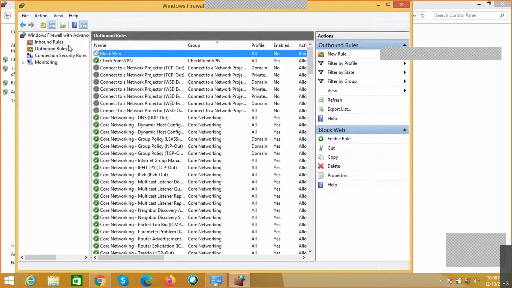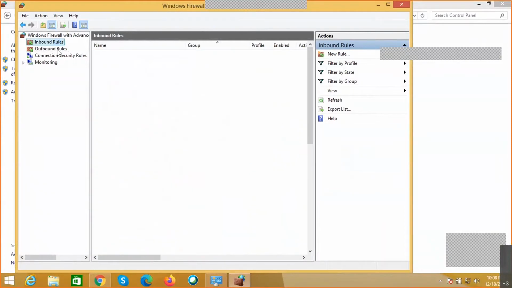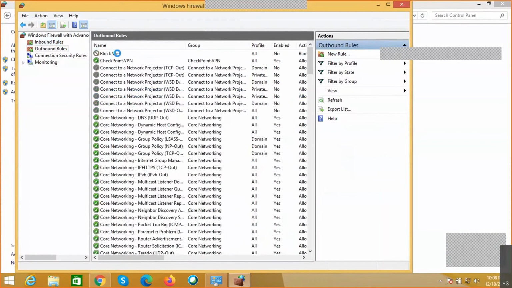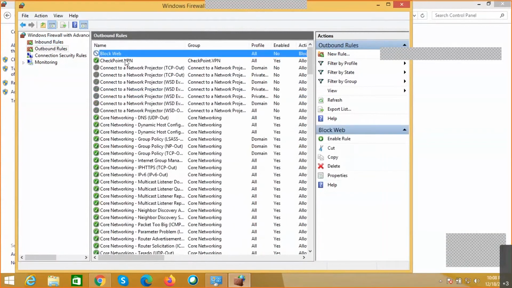So this is what we are trying to say, that for this kind of rules we need to check carefully, because this is the first rule that I have written. As this is the first rule in the firewall, it checks the rules in that preference manner. Now it is the first rule to block that entire web, so it has blocked. Even though there are certain rules after that, still it is not allowed, because the first rule itself is blocking the net.